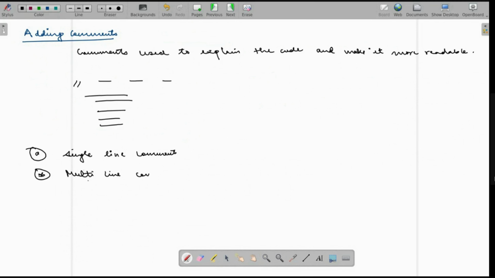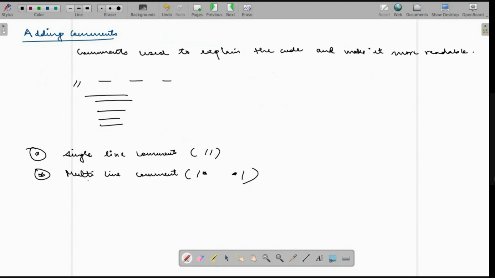Single line comments are represented by two forward slashes, and multi-line comments are one forward slash, asterisk, then again asterisk and